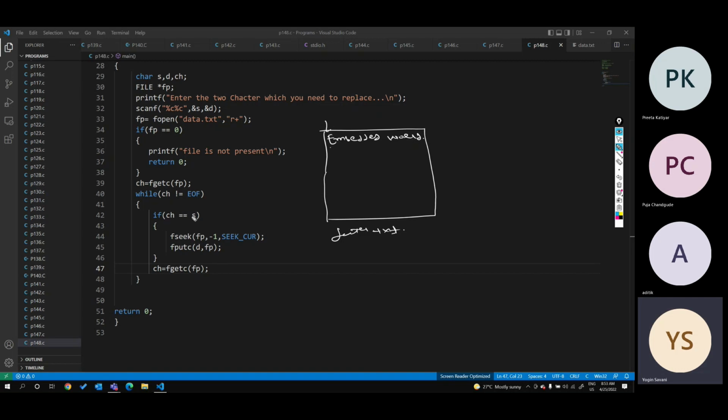Here ch is equal to s, no. Then here ch is equal to fgetc, my CPI is also here. Then it will compare. Then b, here also not match. Then e, here also not match. D, here it will match. So here fgetc is equal to